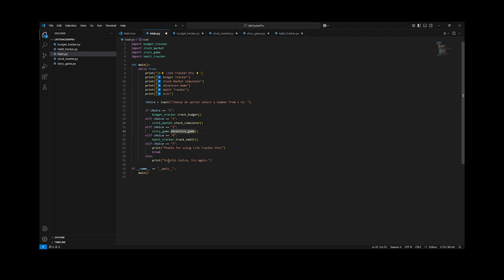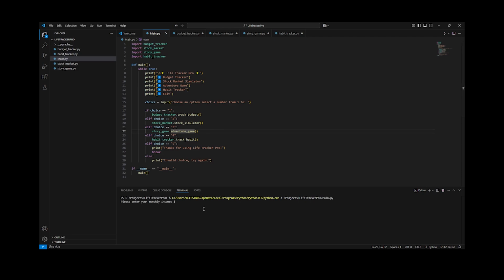If the user selects 5, then it's just going to exit. Else, just tell them that it's an invalid option. So let's just try to run this, yeah? Okay, interesting. It is executing